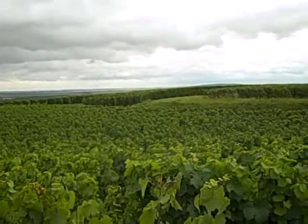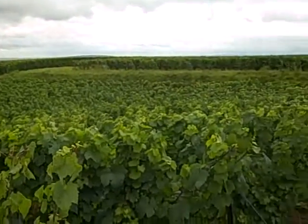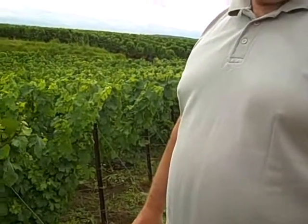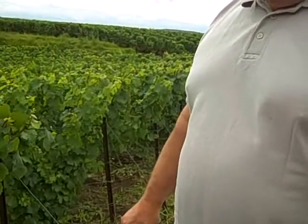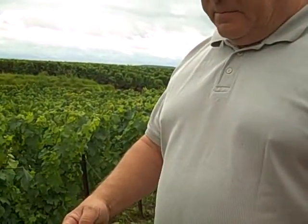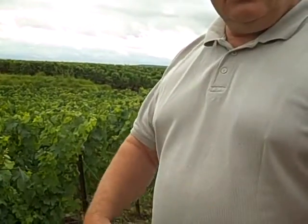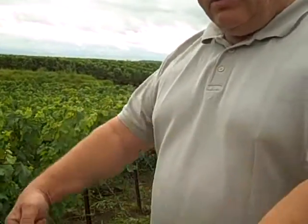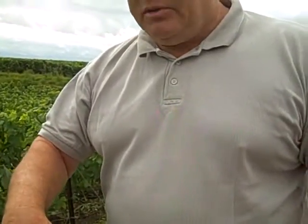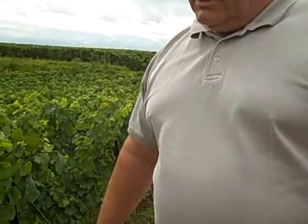So the vineyard is 40 years old. Planted by your father? Yes, in 1967. And usually in Champagne, as soon as the vineyard is 20 years old, they destroy the vineyard and plant a new one. Because as soon as the vineyard is 20 years old, the average of the production is lower. But that is crazy, because when the vineyard is 20 years old, it starts to give the best wine